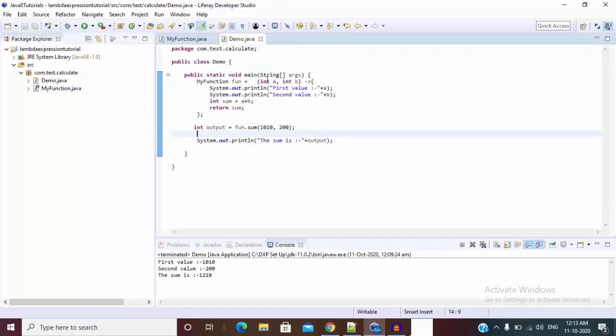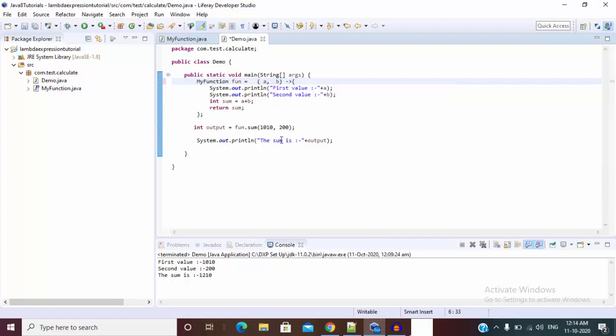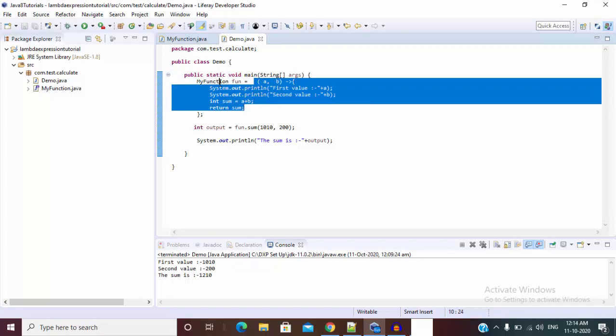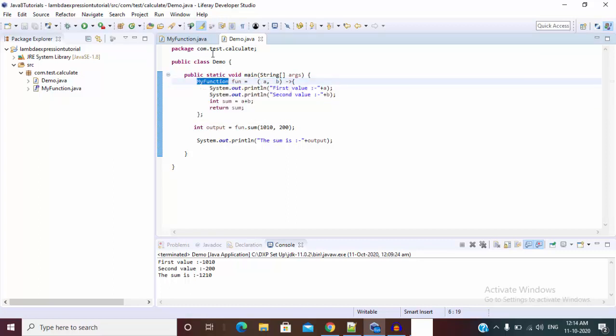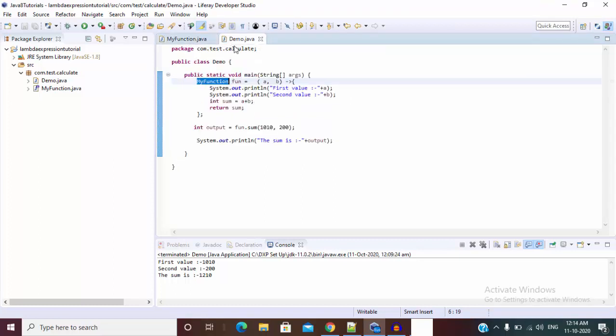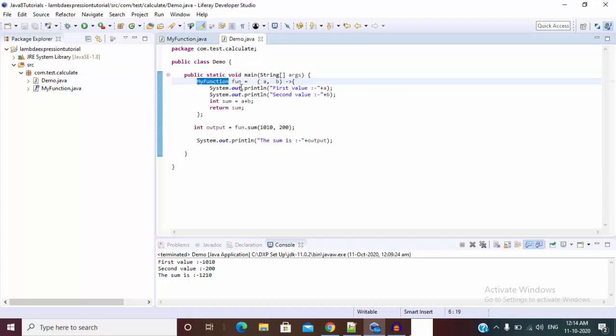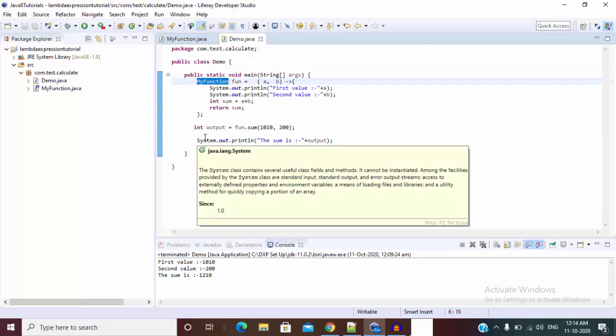So this is our Lambda expression. We can also remove this because we have only one method in the interface. When we write this kind of Lambda expression inside the my function, it will automatically check that the argument type is int. So we don't need to mention the argument types, and the return type is int from the interface, so we don't need any return type here. So this is the beautiful Lambda expression for our first condition.